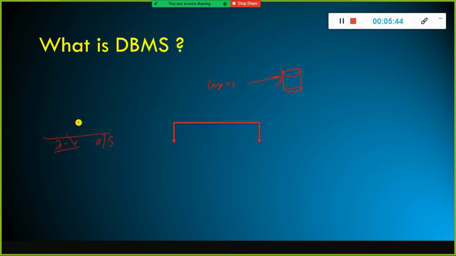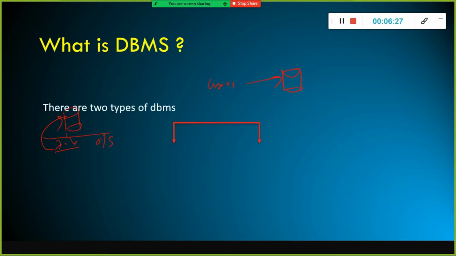And when it comes to DBMS, you are installing the RDBMS software on top of your operating system. In our case, let's say you are installing Microsoft SQL Server. Instead of storing the file on your operating system, you are storing the file inside your database. When you store the data inside the database, even if people have access to your laptop or your system, they will not be able to see the content of your file. So it allows the users to securely access the data in a DBMS system.